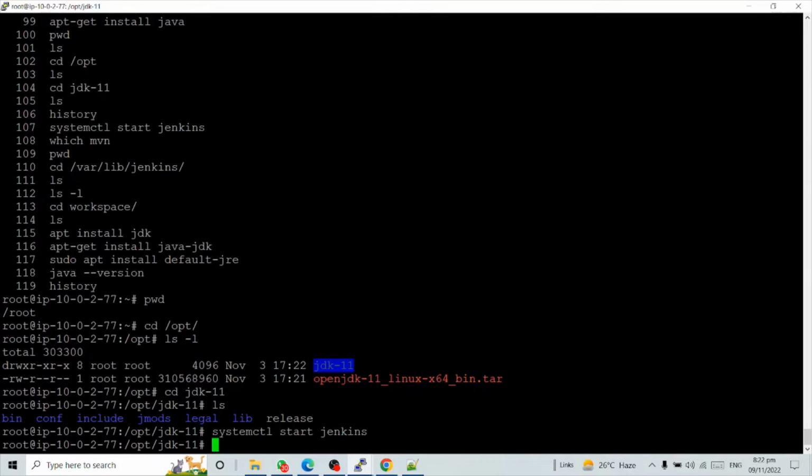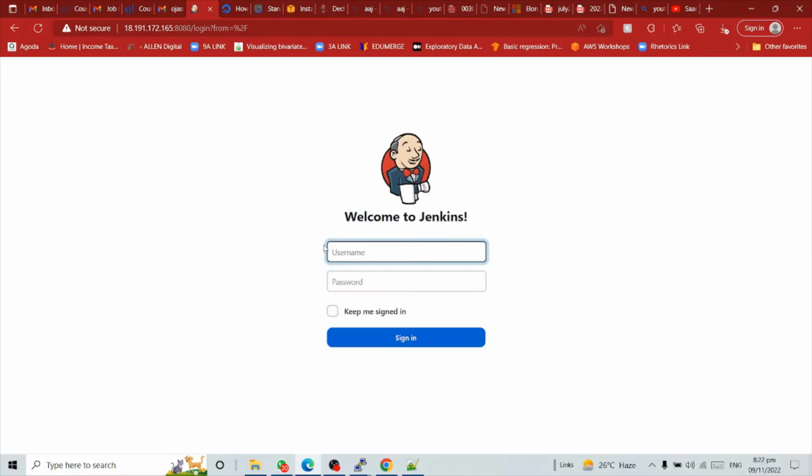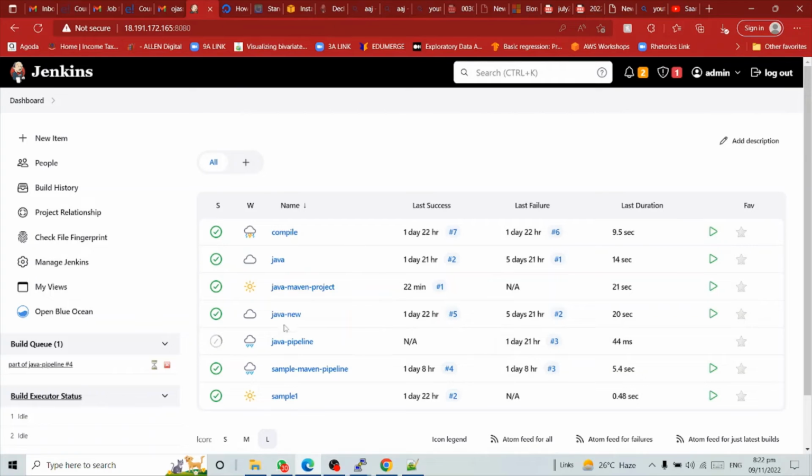Jenkins. Wow, good. Now once you execute this command, you will see the public IP of your EC2 instance along with 8080. Jenkins accesses port 8080, and then you can give the admin, and here I have so many